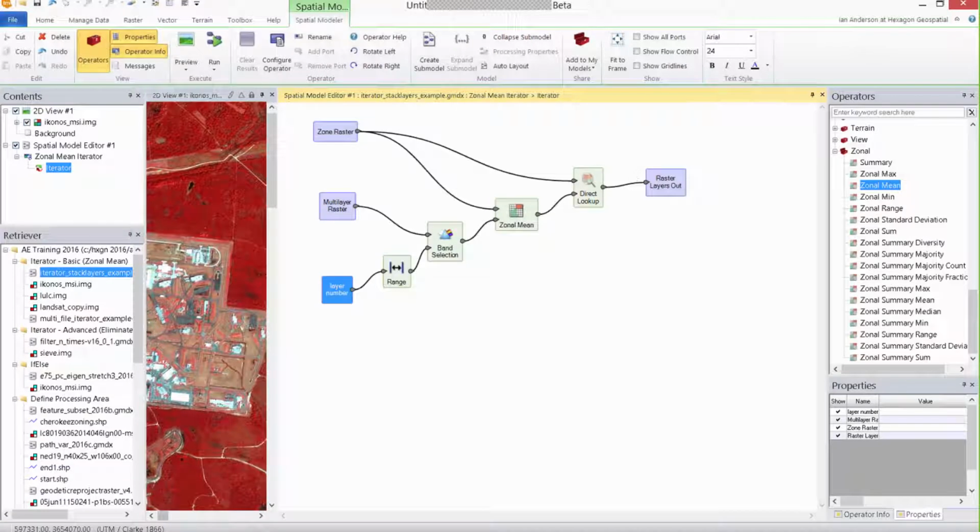So I'm going to select band 1, run a zonal mean, look at the data through that zonal mean and output it. And then I'm going to iterate again. Next thing in the list is band 2. Okay, I'm going to pick band 2, calculate zonal mean on that band, do a direct lookup, output that layer,